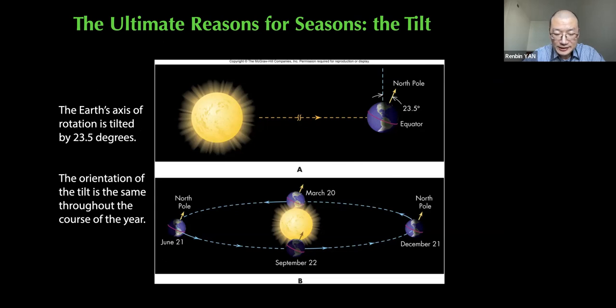This rotation axis of the Earth stays almost fixed in space. It doesn't wobble that much, right? I was saying that it was wobbling, but that wobbling motion takes 26,000 years to finish one round. So over the time scale of a year, it is basically pointing at essentially the same position, towards the North Star. So it always points towards the North Star during the year, and it stays fixed. So when we are on this part of the orbit,